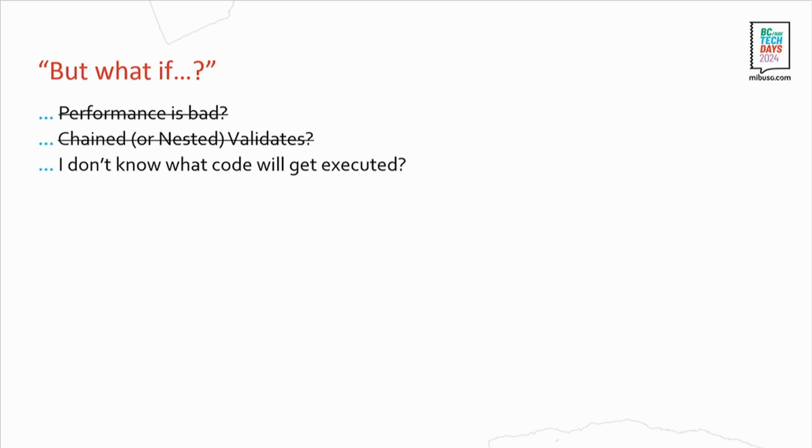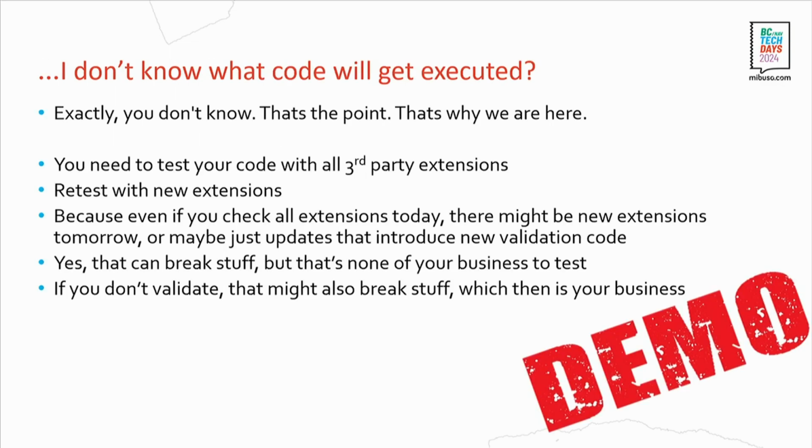Now, what if I don't know what code will get executed, and I'm not sure what actually happens, and maybe, as I explained before, the extension adds more code, and I'm just not sure if the customer even needs all of that happening, and I'm just concerned that I don't know. That's exactly why we're here. You don't know that, and therefore you need to execute it because you can't control all those extensions adding more code, more validation to this.